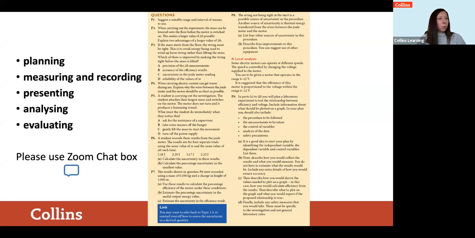So we've got P1 planning. Yes. Or P1 analysing. Okay, P2, yes, evaluating. Yes. That's what we've got so far. So P1 primarily is planning, but yes, it will come into analysing because you'll have to think about that in terms of plotting a graph, definitely.